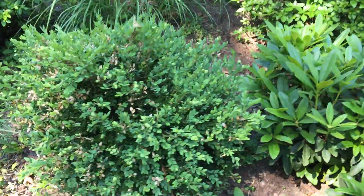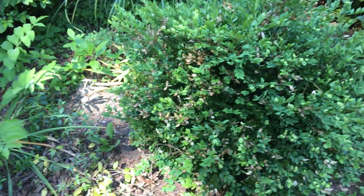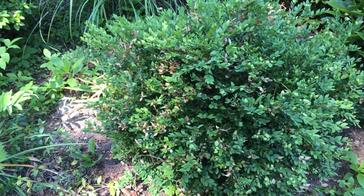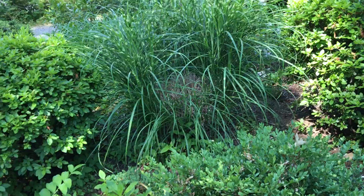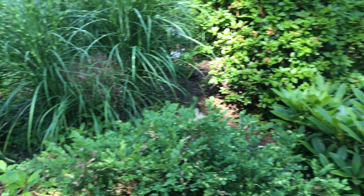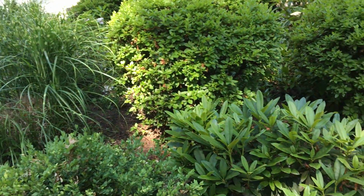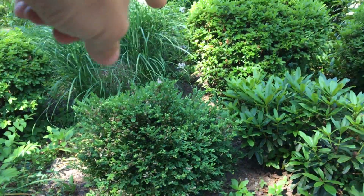And you've got some boxwood, which have mites. That's why about half of the leaves are brown. They have these little tiny black insects that are sucking on them. Okay, zebra grass, which again I would transplant to the back along the wall. Azaleas, which you might end up kind of relocating throughout this area, so you get more of a clear shot going to the house. And then I would have a focal